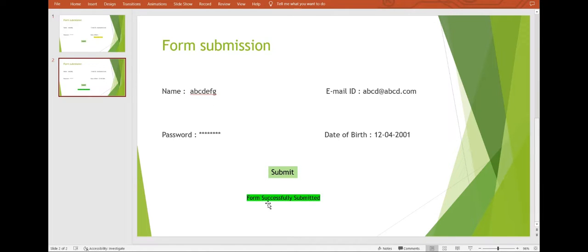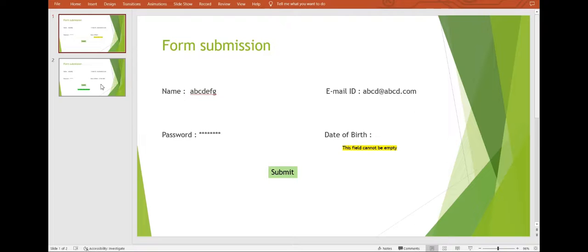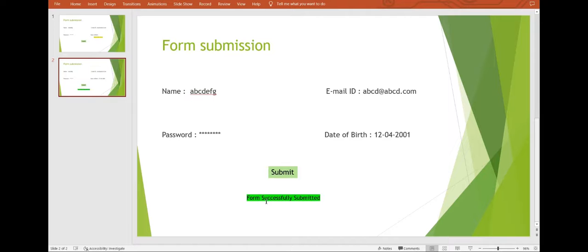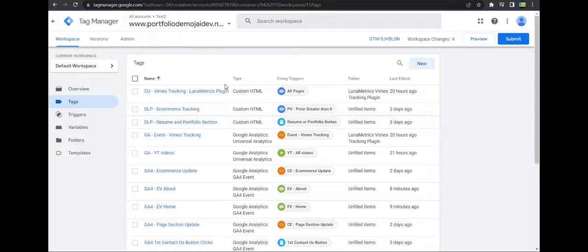And even in this case, when you get form successfully submitted, when you click submit, even that is a form submission event. So both of these are form submission events, right? But now if I want to track how many forms were actually successfully submitted, even then I could use this element visibility trigger,